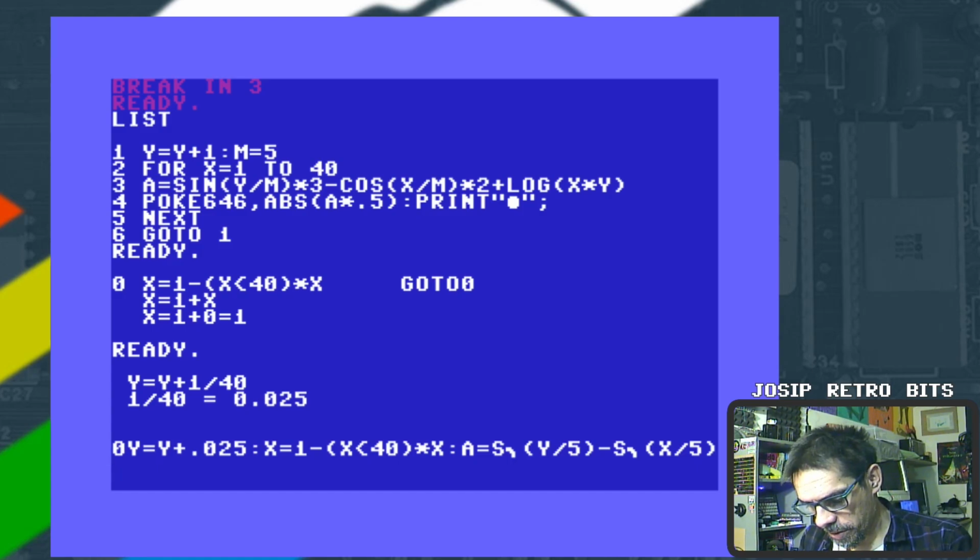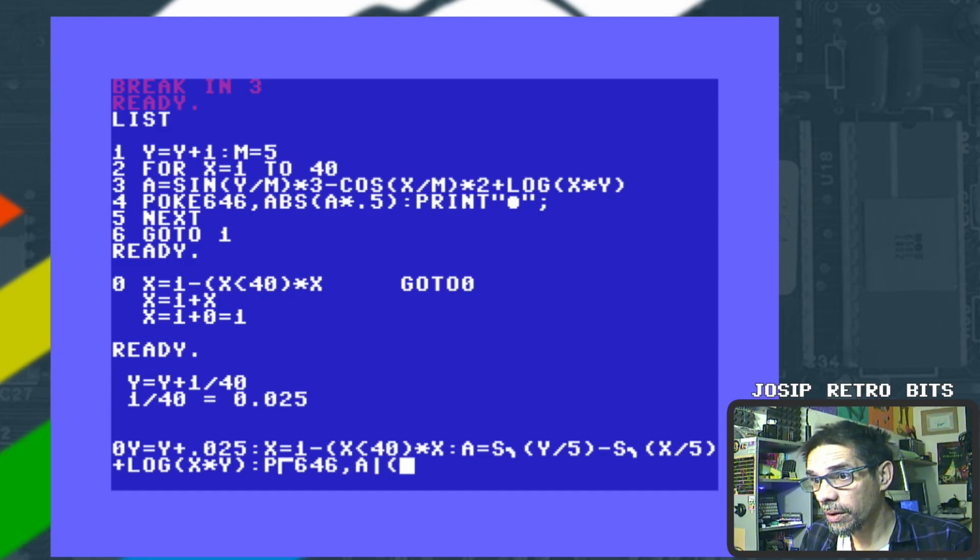And then we are going to add logarithm of x multiplied by y, and then we are going to poke at memory address 646 our absolute value of a multiplied by, let's say, 2,